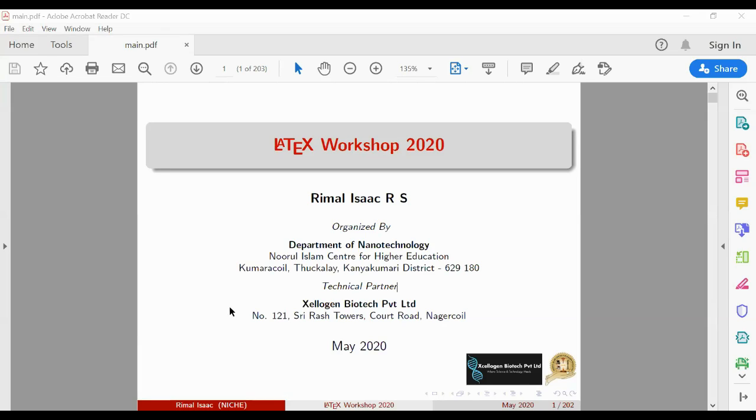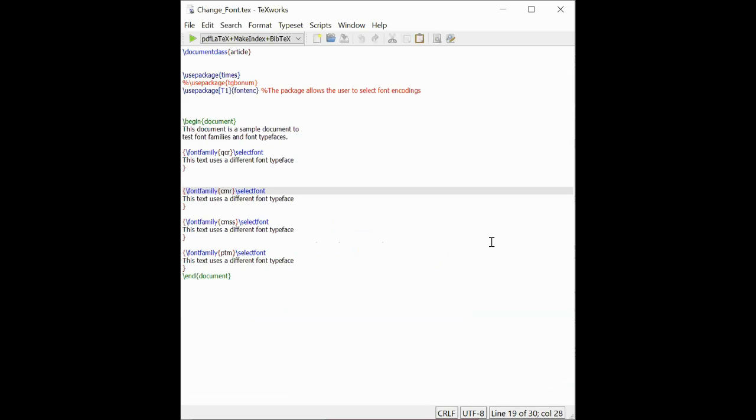So we will begin with font. Okay. So can you see the screen?